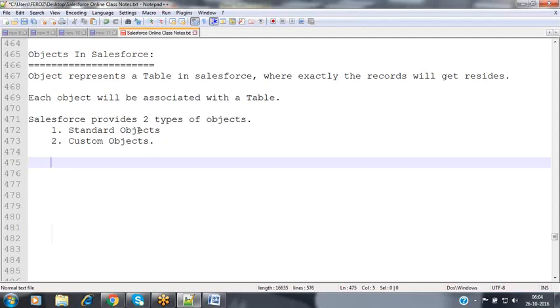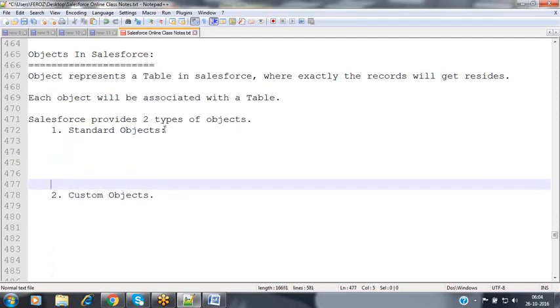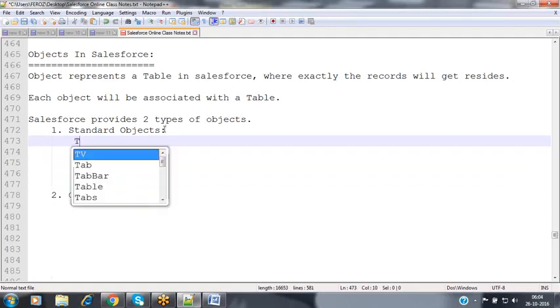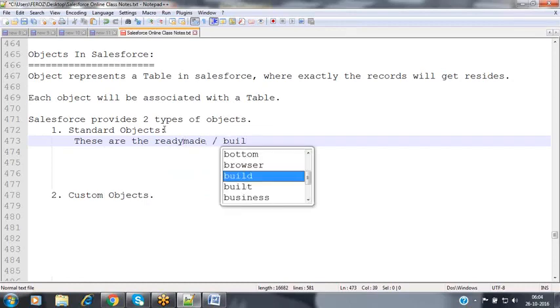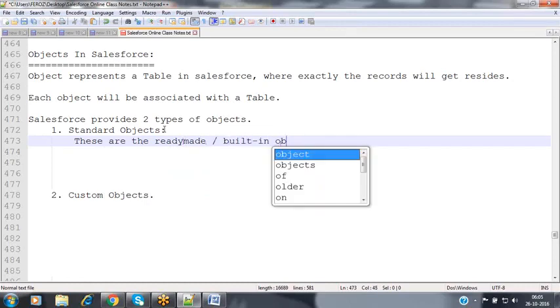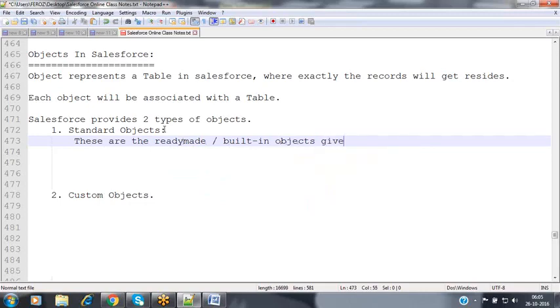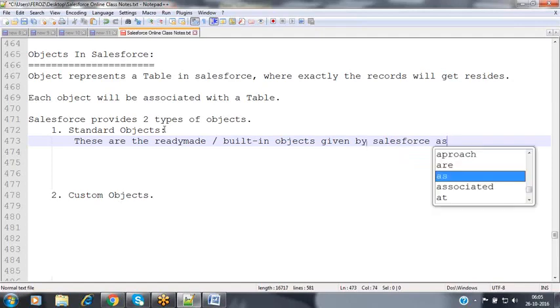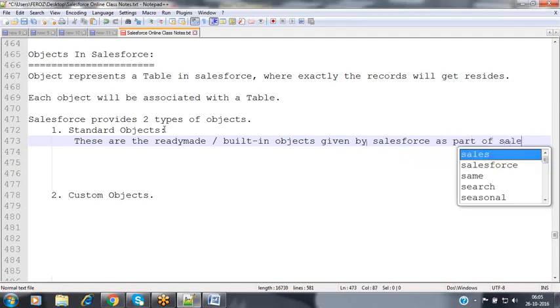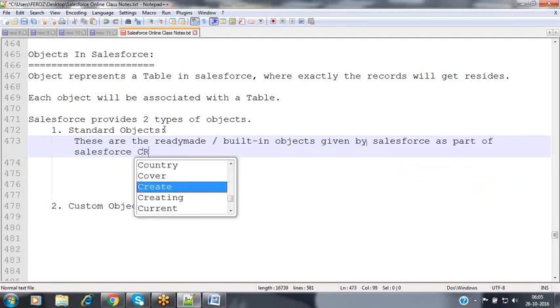Those are called standard objects given by Salesforce. Now, what are the various standard objects given by Salesforce? These are the ready-made or built-in objects given by Salesforce as part of the Salesforce CRM application.